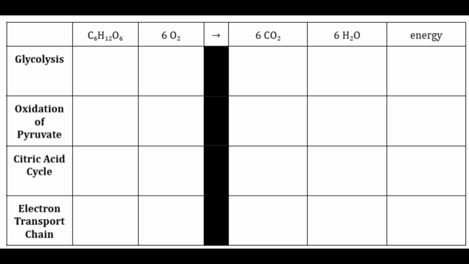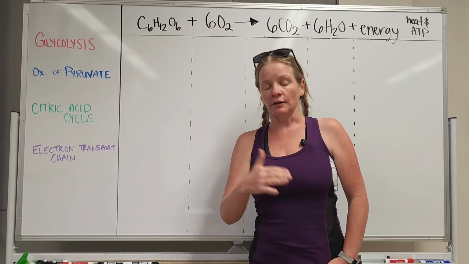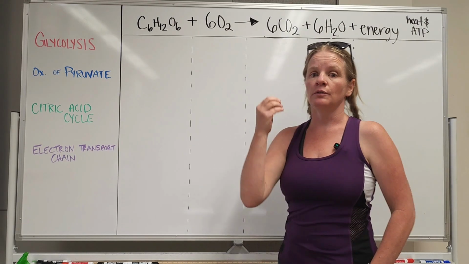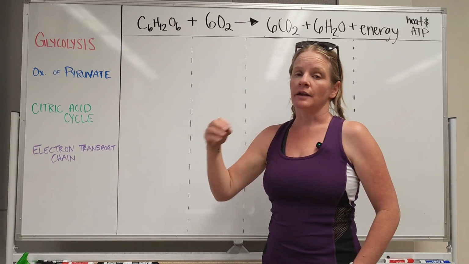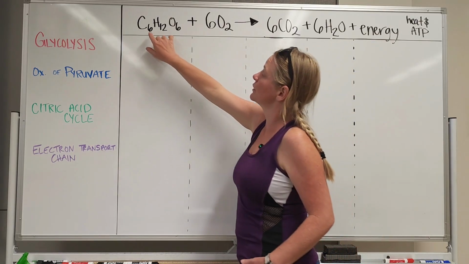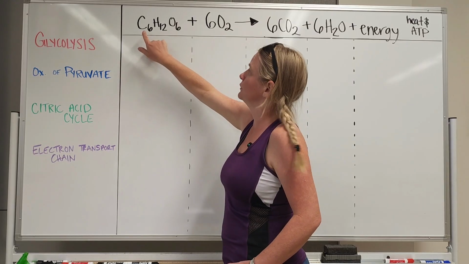This next clip will show you a table that you should be putting in your notes. Find a blank piece of paper that you are going to add this table to, and you're going to include more information as we go through the 4 stages of cellular respiration. So for cellular respiration, you are going to memorize the chemical equation. We are going to start with 1 glucose molecule,